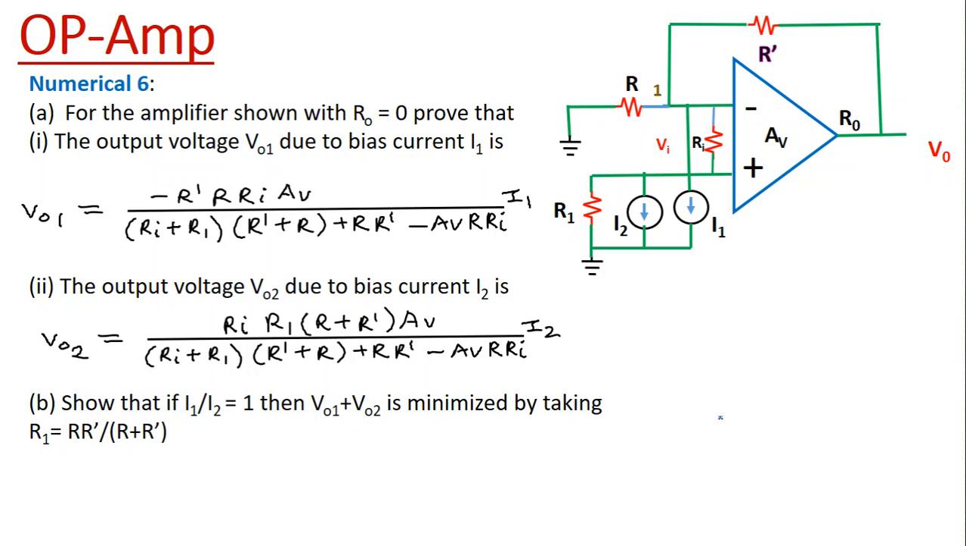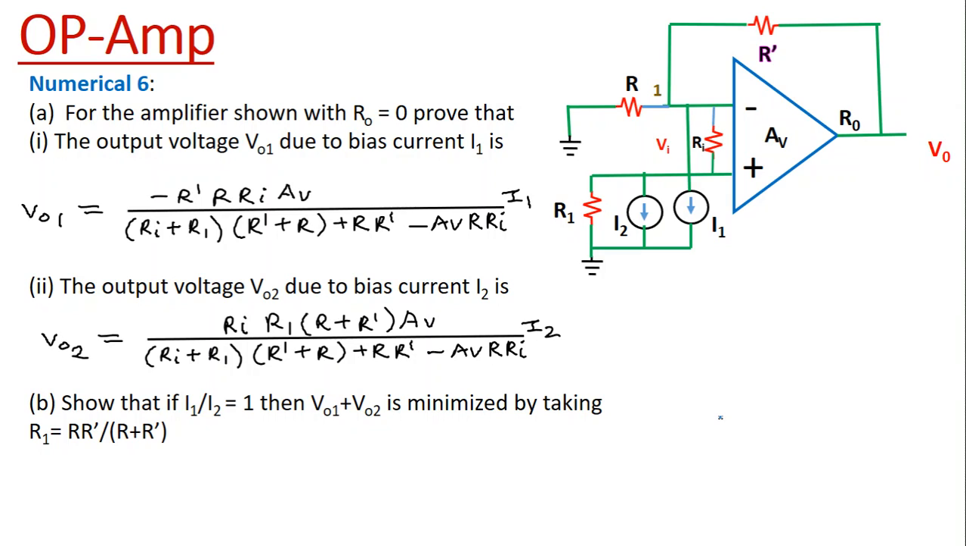The first part, for A part, the first part is the output voltage VO1 due to bias current I1 is VO1 equal to minus R' into Ri AV divided by (Ri plus R1 into R' plus R plus R' minus AV R into Ri) whole multiplied by I1. So this output voltage equation we have to prove with respect to I1, and the second